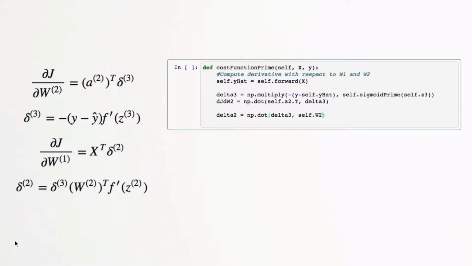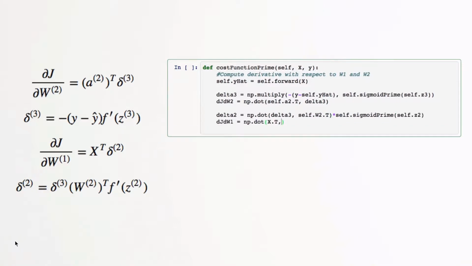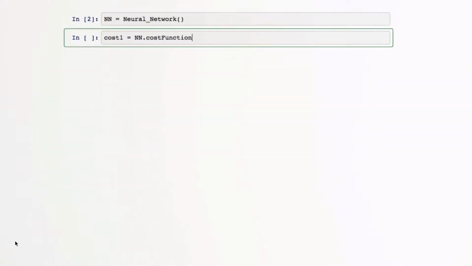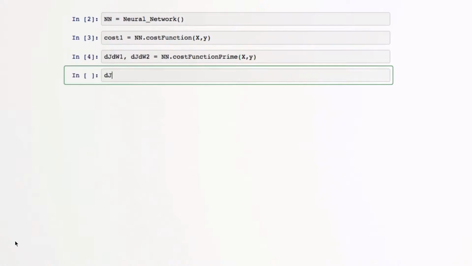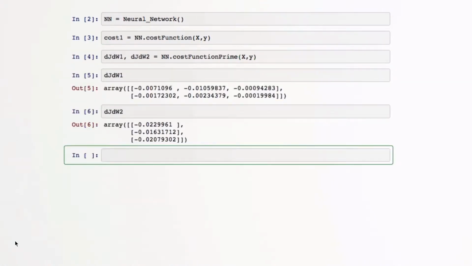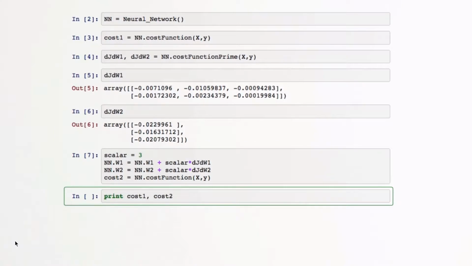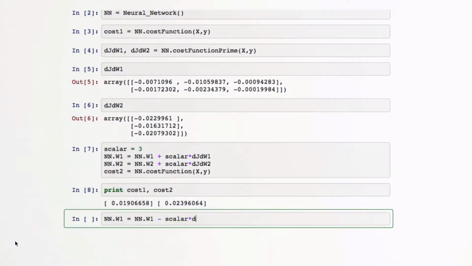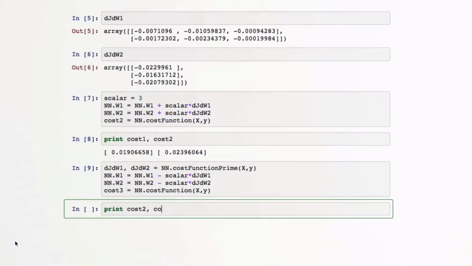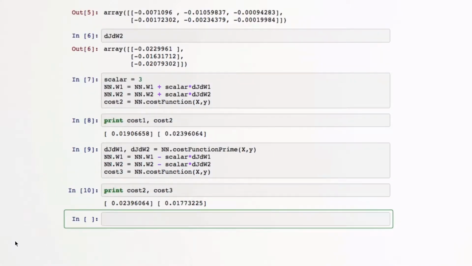What's cool here is that if we want to make a deeper neural network, we could just stack a bunch of these operations together. So how should we change our w's to decrease our cost? We can now compute djdw, which tells us which way is uphill in our 9-dimensional optimization space. If we move this way by adding a scalar times our derivative to all of our weights, our cost will increase. And if we do the opposite, subtract our gradient from our weights, we will move downhill and reduce our cost. This simple step downhill is the core of gradient descent and a key part of how even very sophisticated